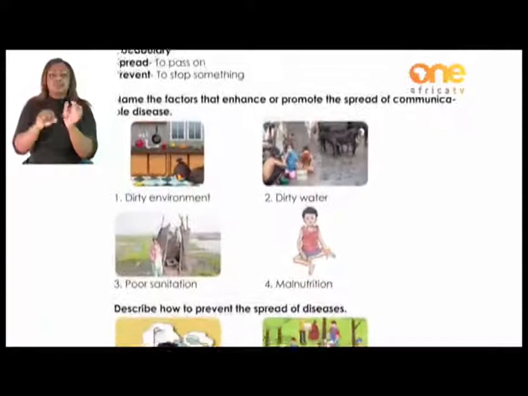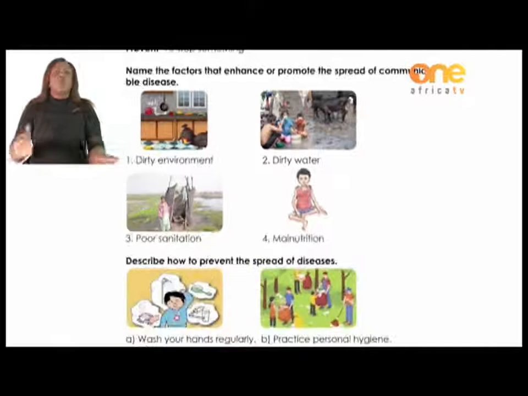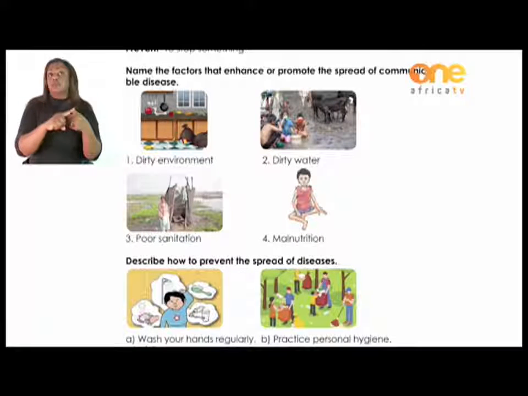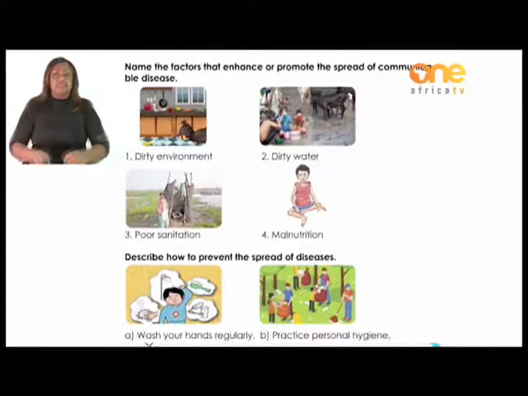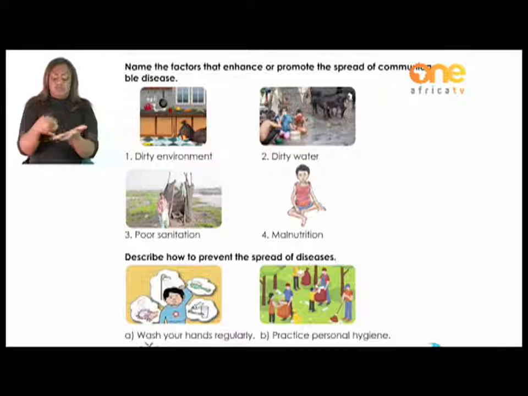Number 1, there's a dirty environment. If you look at that picture, you will see a dirty, contaminated kitchen, and people often don't wash their hands between handling possibly contaminated food such as meat and other food that is likely to be contaminated such as vegetables. This cross-contamination is a main cause of foodborne disease.